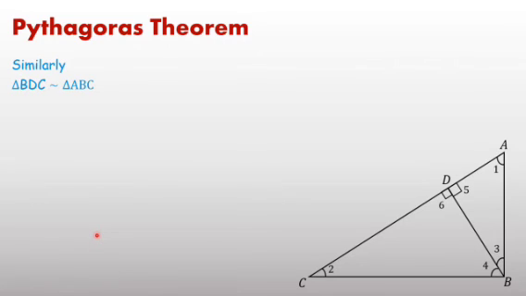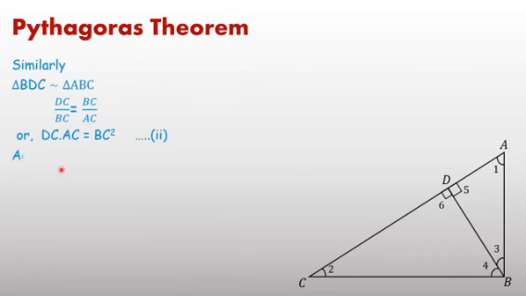similarly, triangle BDC is similar to ABC. Then again we can write corresponding sides in the same ratio. Corresponding sides means again apply the same: DC, second and third point I have taken. In the denominator again we write second and third point, means BC. From the first triangle BC written, means first and third point. Then in the denominator from the second triangle we write first and third point, means BC. Then cross multiply,